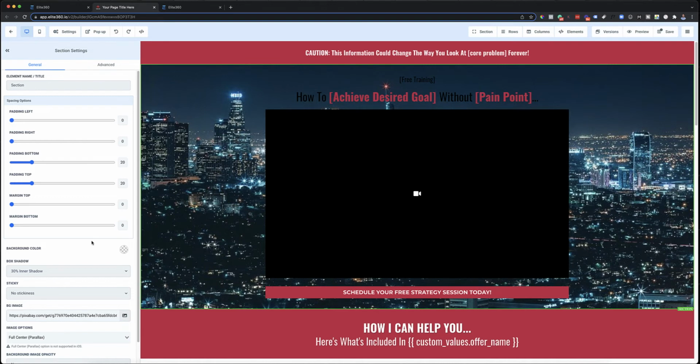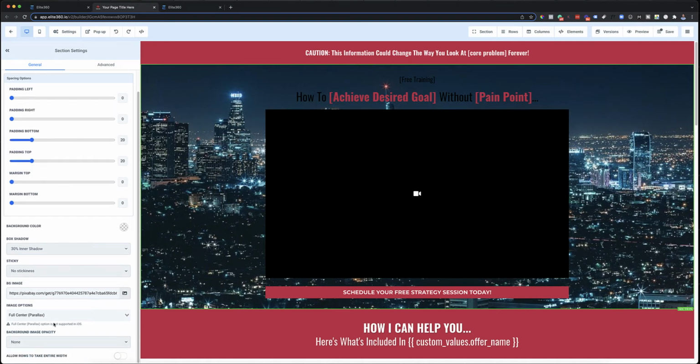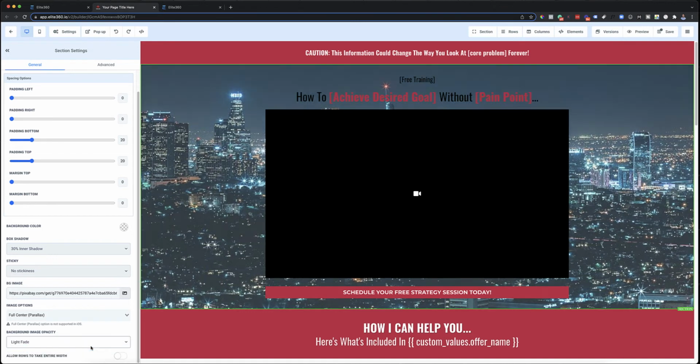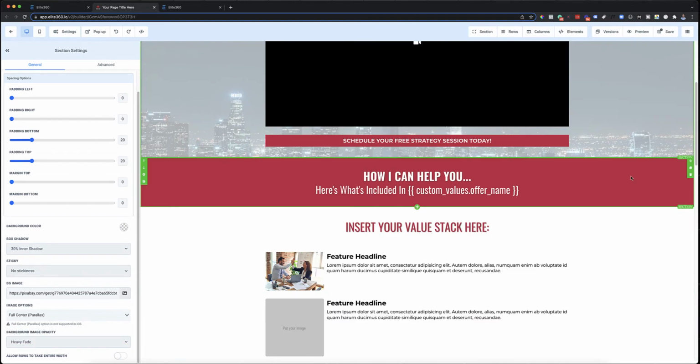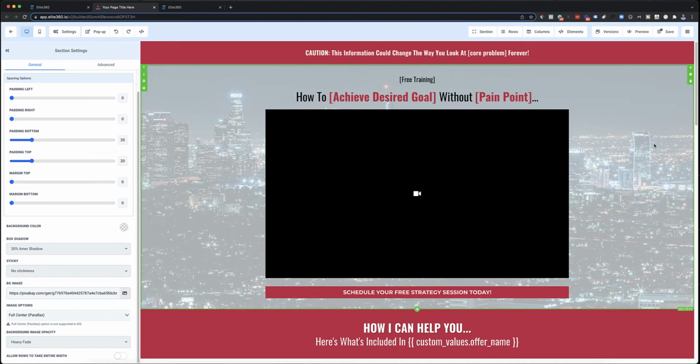What I can do is change the background image opacity. That's one thing that I could do. I could do like a light fade. That's not bad. I could do a half fade. Let's see. Okay, that looks pretty cool. I mean, it's not perfect. Let's see what the heavy fade looks like. Better, right? So if you wanted to add a little dimension, a background image to